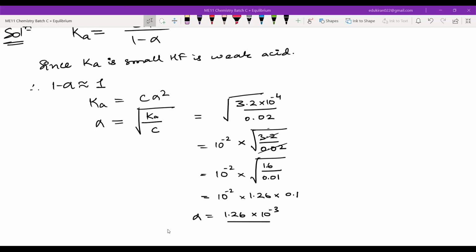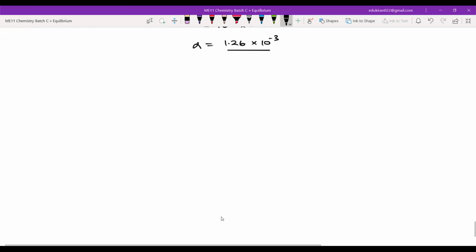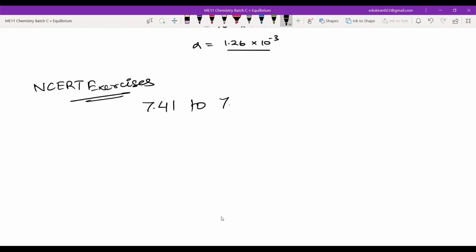62. Oh my God. You have got a lot of homework to do. So you can start from 7.41 and go till 7.62, exercise 41 to 62, okay? 7.41 we have already done. You will see that in while doing